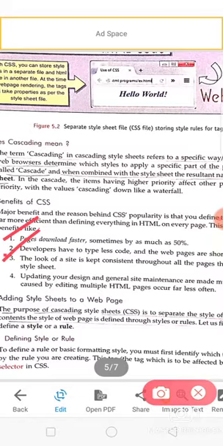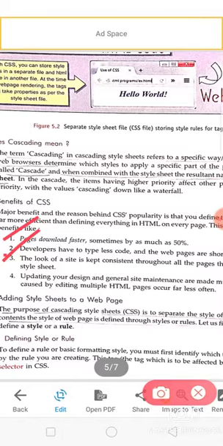Because he will write once and it will affect throughout our web page. The look of the site is kept consistent throughout all the pages, because we have written the code once for all heading 1s or for all heading 3s. We have written the code once and it will be consistent throughout our web page.